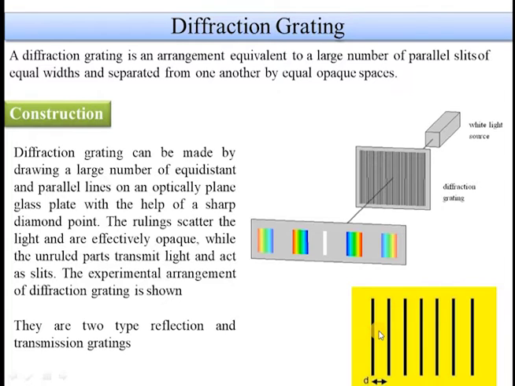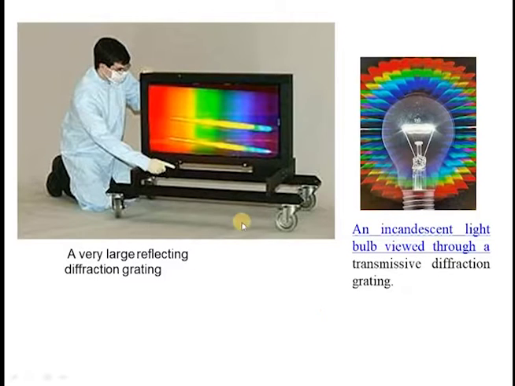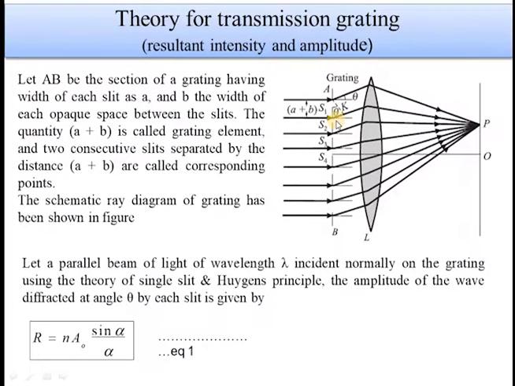So I hope you understood about the grating. A grating means a single plane parallel glass sheet on which many lines are drawn with the help of a diamond pointer and an automatic dividing engine, and these lines are very parallel, very close together, and should have equal width. So these are the things that we have to keep in mind while discussing the diffraction grating. And you can see a large picture of a diffraction grating in this slide.